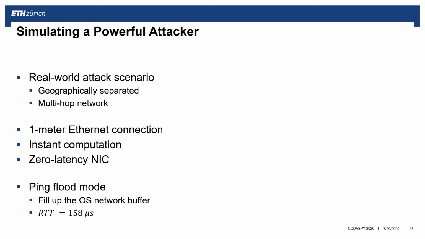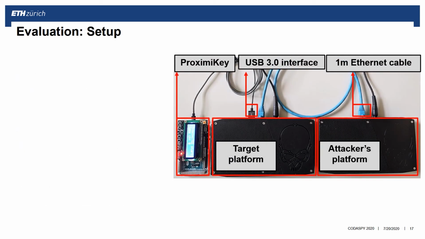So all of these we are doing to make sure that even with such a powerful attacker we can distinguish a relay attack and a legitimate connection. When you put our system in the real world, it will perform even better, because in the real world the attacker has much less power compared to our simulated powerful attacker. Now just look at the setup as I described.